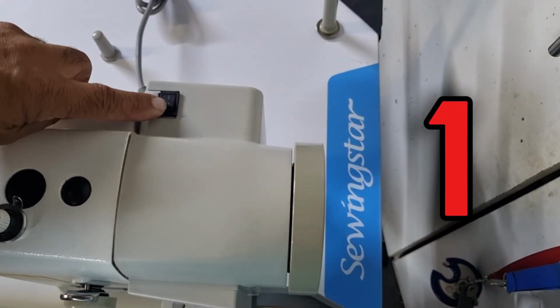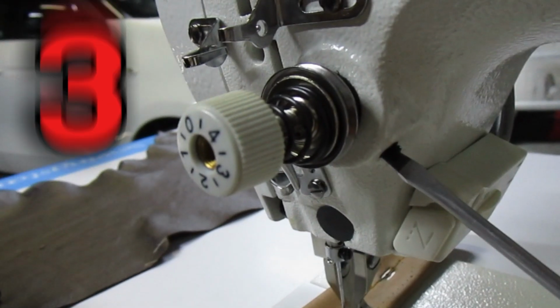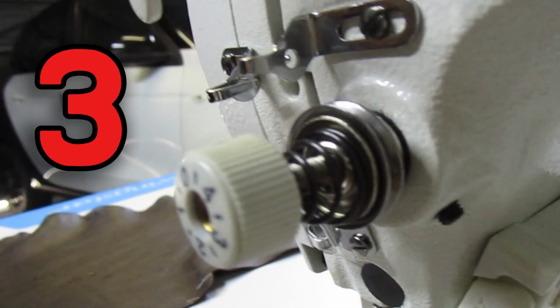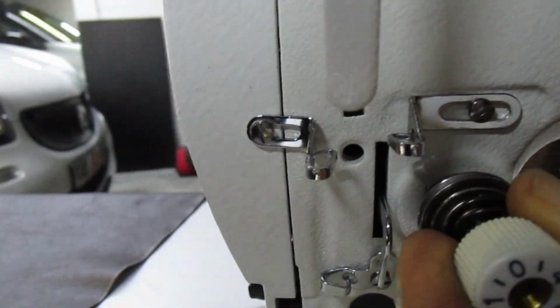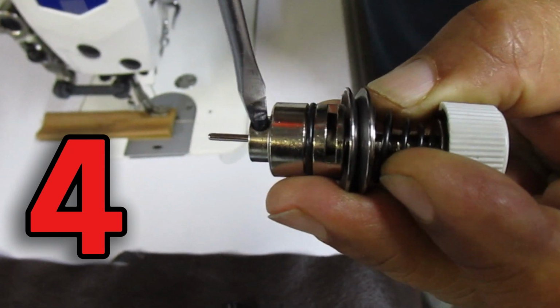Turn off and unplug your machine for safety. Locate the thread take-up spring. It's usually behind the main tension assembly. Loosen the screw that holds the tension assembly in place, and remove the components. Once this has been removed, loosen the small screw holding the tension post together, then remove